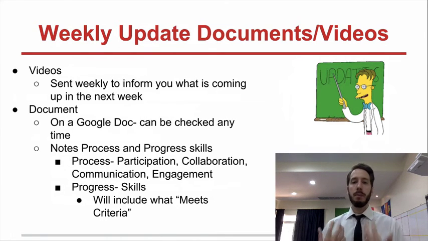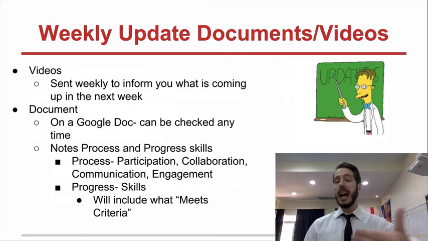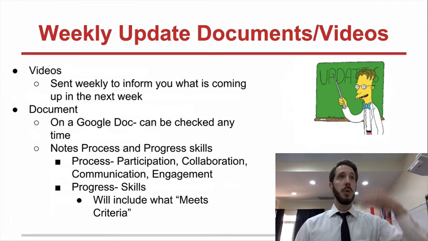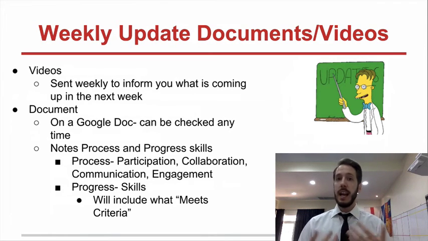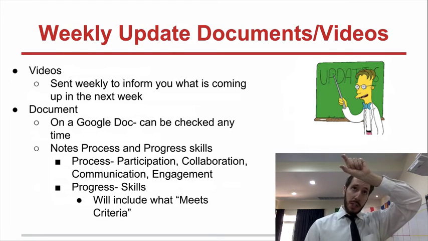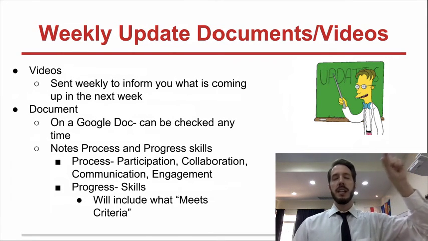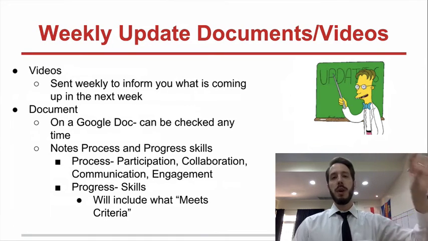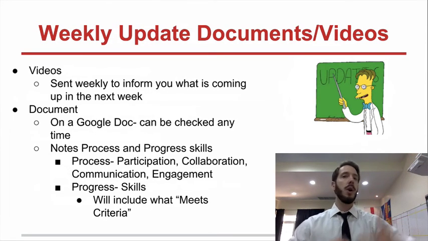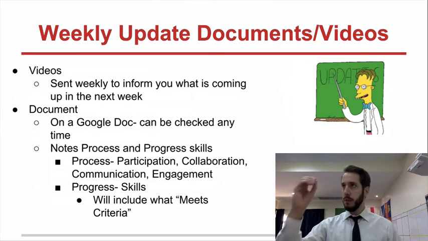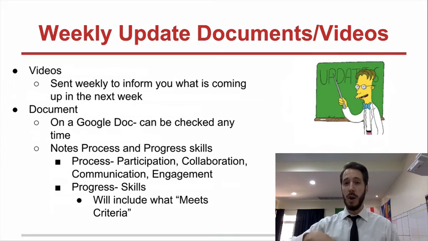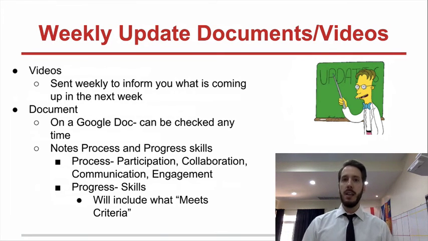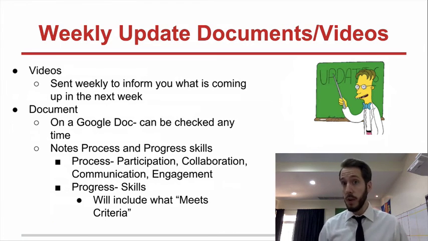Below that will be progress skills. Those are things that I am assessing. That will include formative and summative assessments and how you've done. Below each particular skill or concept I'm assessing, I'll let you know what meets criteria means. So if you got a meet, here's what it is. If it was exceeds, it was higher. If it does not meet, it's lower. And again, I'll typically link in the rubric and/or checklist used for that.